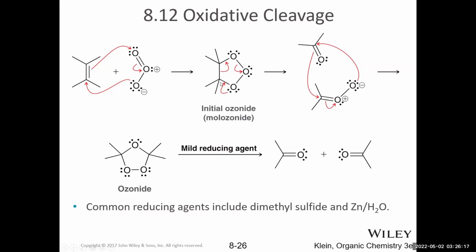But because we cannot exceed the octet on this carbon, there will be electrons that have to be simultaneously leaving this carbon if it's going to accept a pair of electrons from the oxygen. So that can break this carbon-carbon bond. Those electrons can flow to form another carbon-oxygen double bond, another strong bond, breaking a weak oxygen-oxygen bond in the process. So after forming a ring, it actually breaks open into two pieces again, or two separate molecules.